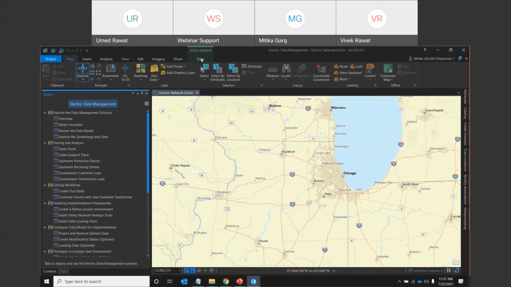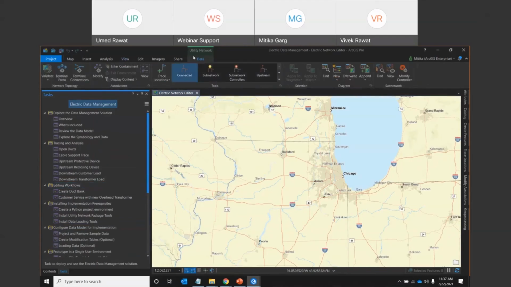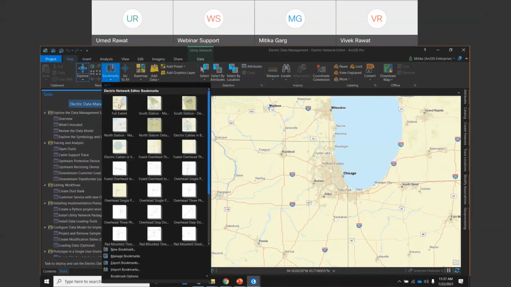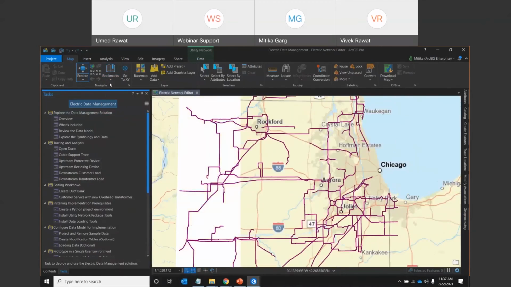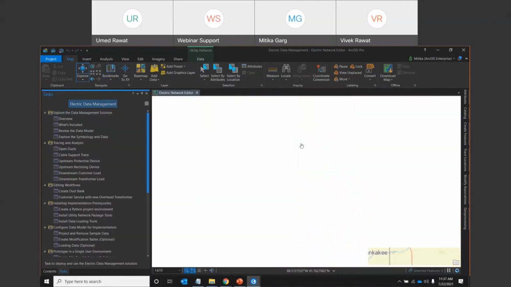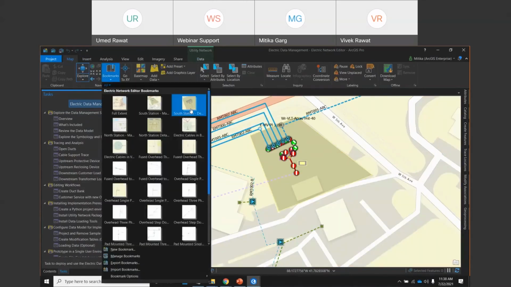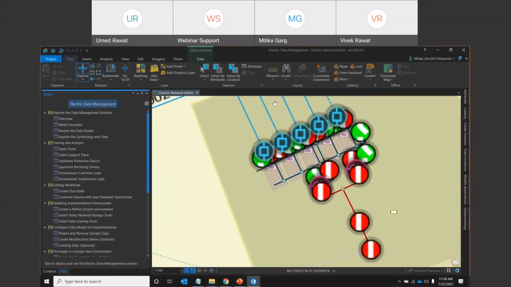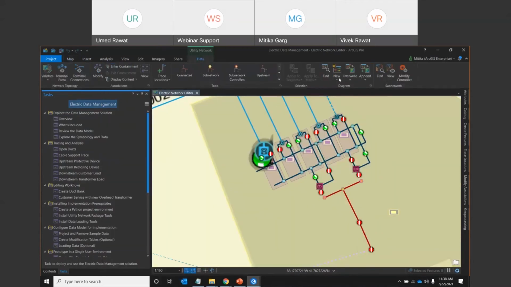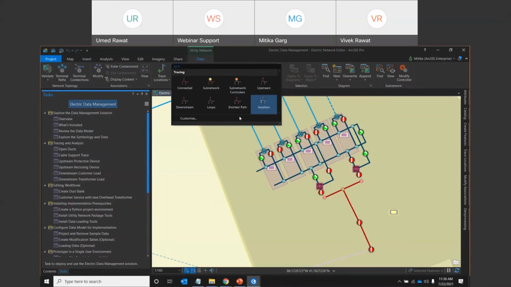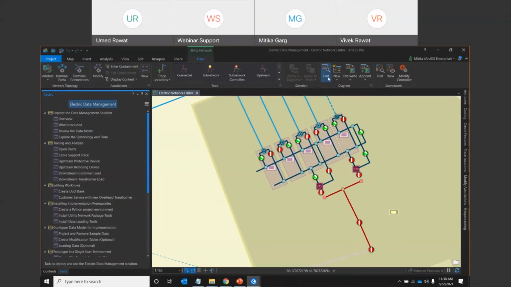Okay. Now you can see once I have opened the map, a utility network tab is visible on top. This tab has all the features, and when you download this zip file, you will get all the bookmarks also. These bookmarks tell you what they signify, like this is a substation location, and this is internal substation detail. When you enable this, you get all the capabilities of the utility network like tracing. All these traces are part of that, along with our network diagram capability.